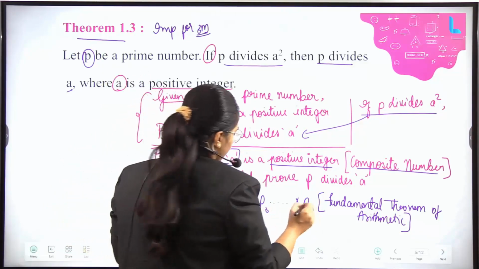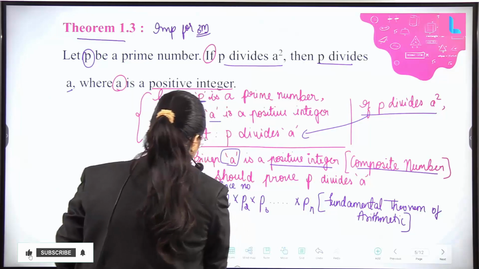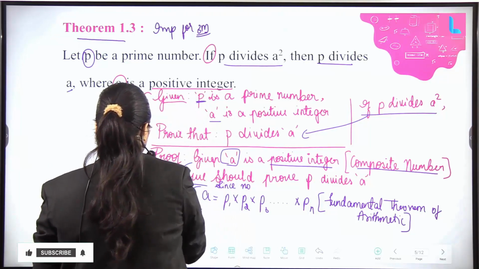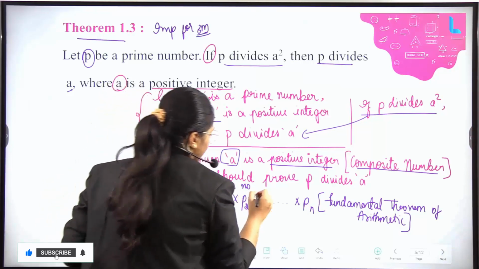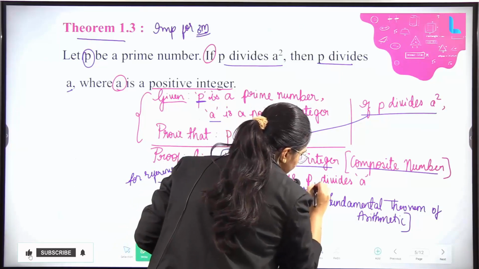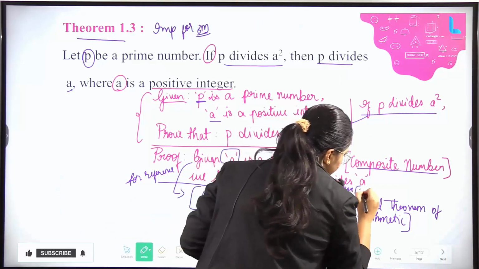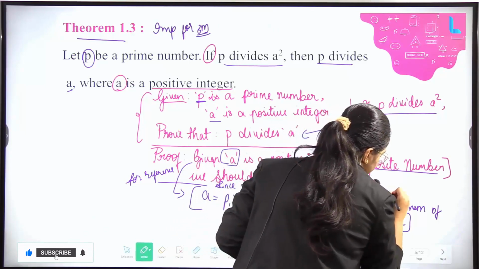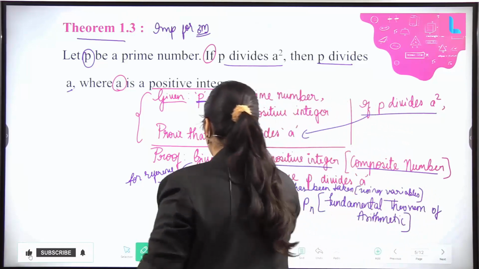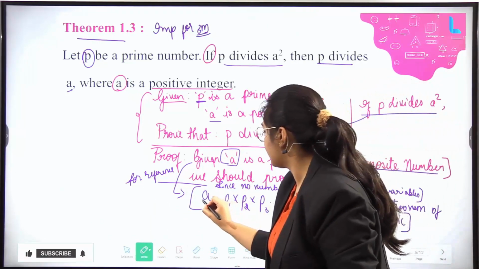So here, since no number has been taken using variables,